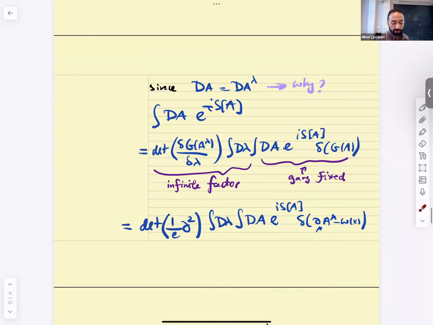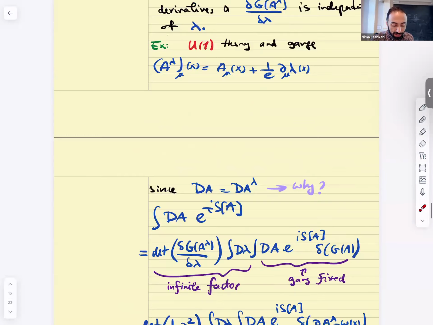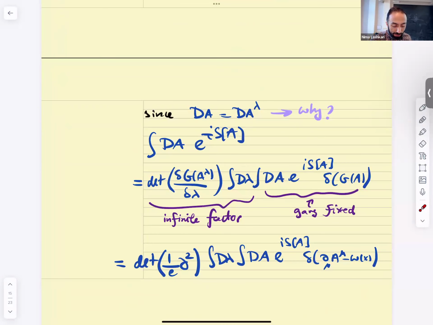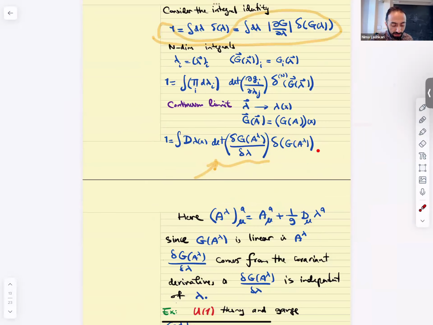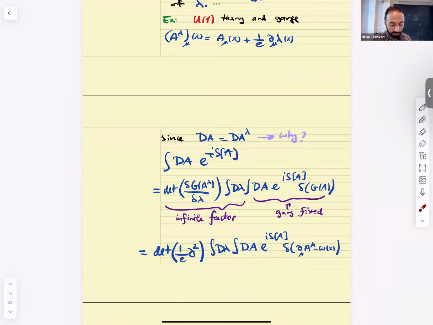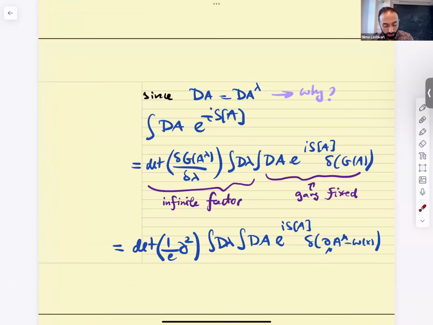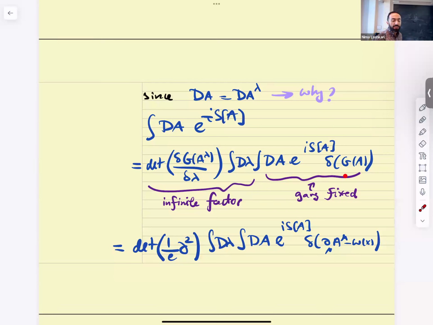All right, good. So here we go. So far, what we have is the integral d of A, e to the power of i S[A]. I plug in the integral of d lambda. This identity was inside this guy; I just inserted it by multiplying, and I notice that I can pull this out. Now, this does the gauge fixing for me, because the delta is here.